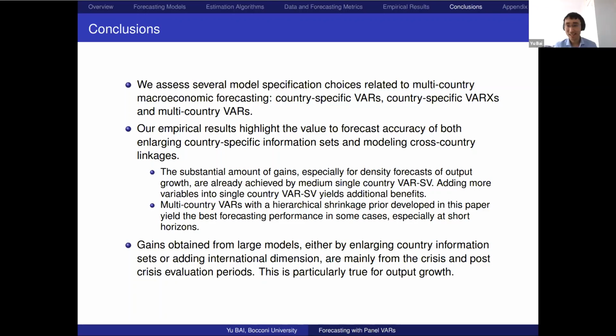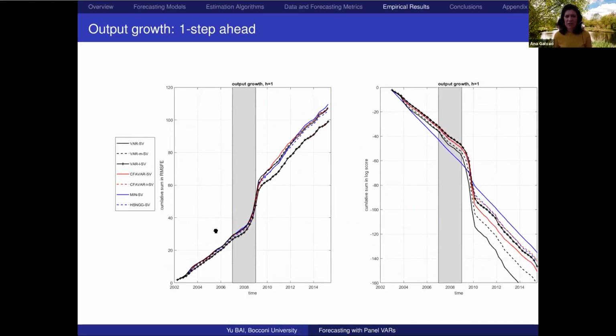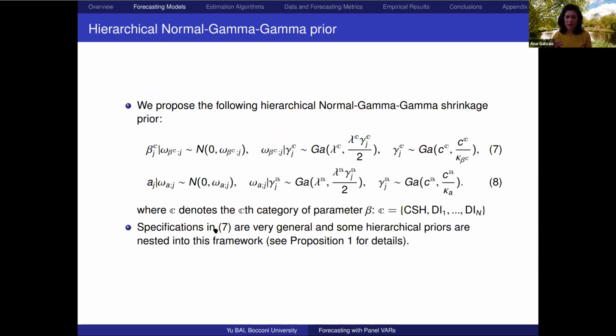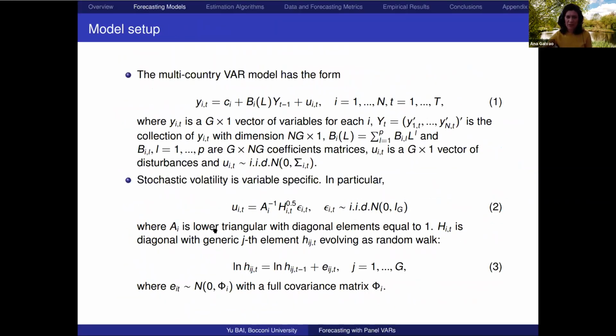Okay. Can I ask something? My question is about the assumption on the stochastic volatility process. Is that AR1 or is it a random walk? Because it seems to be pretty important to get the density forecasting